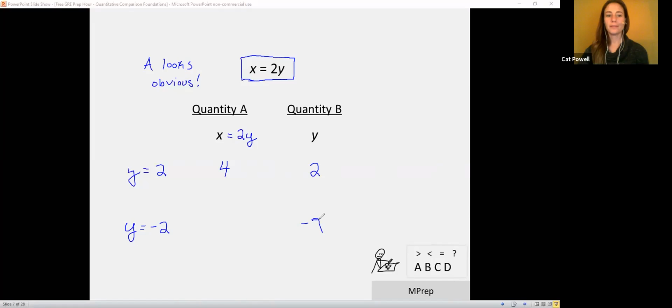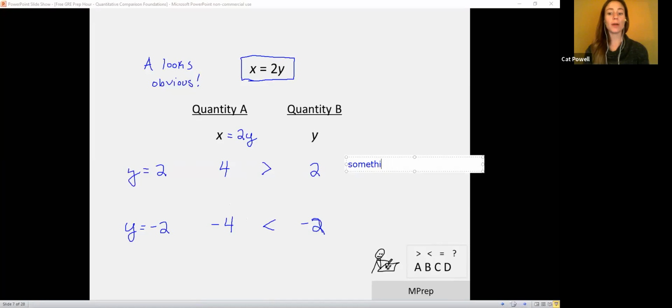Yeah, exactly. You guys are getting it. I like this. So if I plug in -2 for y, 2 times -2 is -4. And now B is greater. And I love the all caps. Awesome. So I see, okay, in this problem,